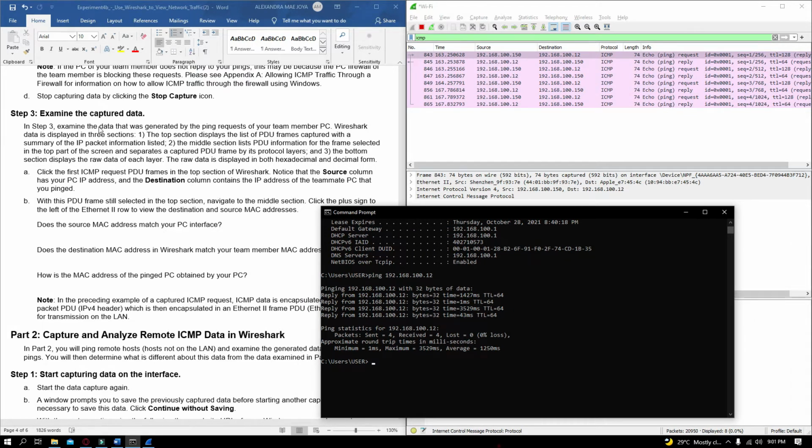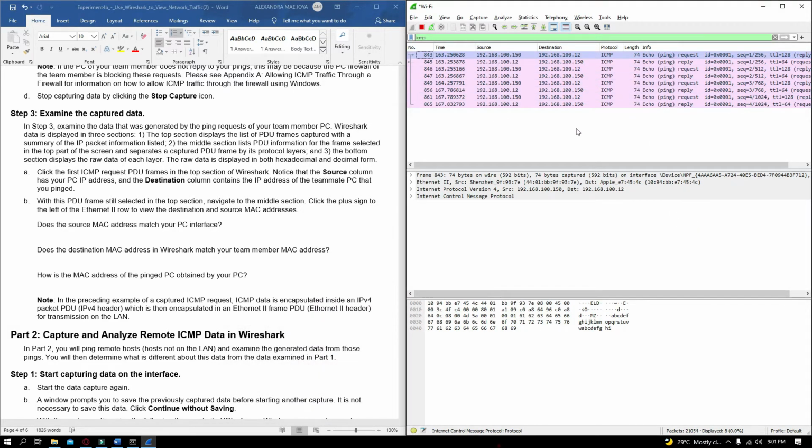In step 3, the data that was generated by the ping request of this PC to my other device, Wireshark data is displayed in three sections. The top section displays the list of PDU frames captured with a summary of the IP packet information listed. So this section here is the display of the list of PDU frames. So as we can observe, here is the source, the destination, the protocol, and also what is happening or the